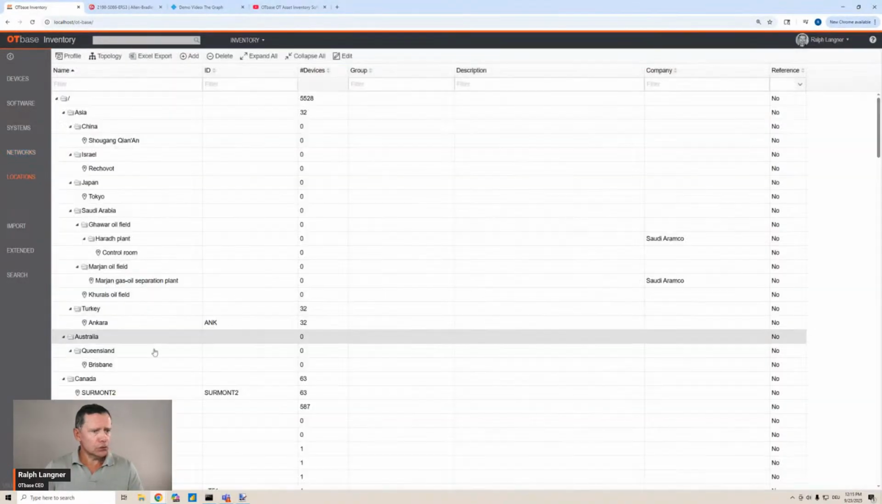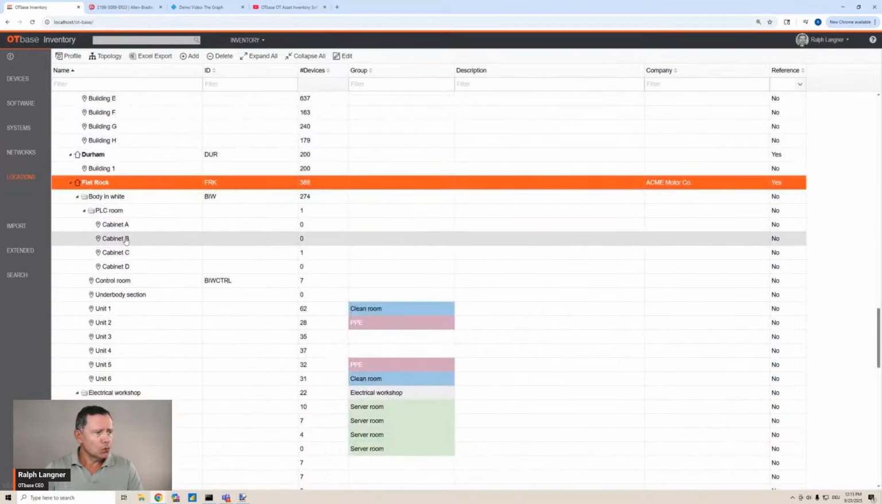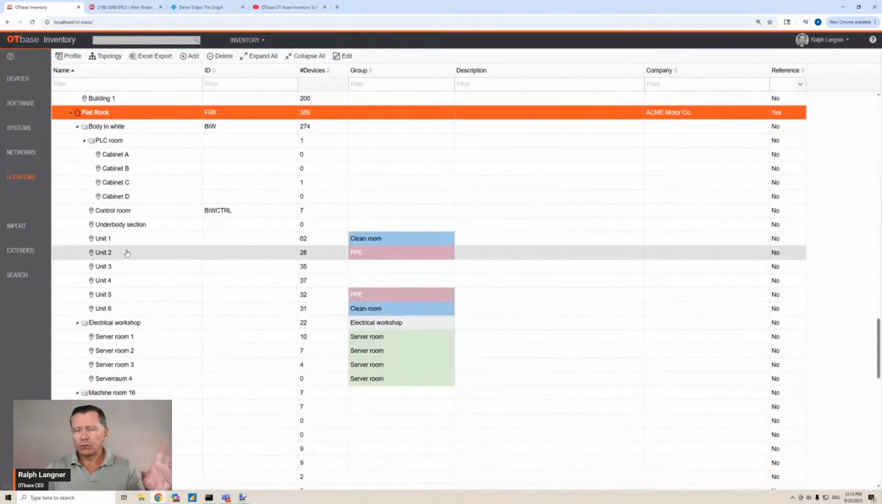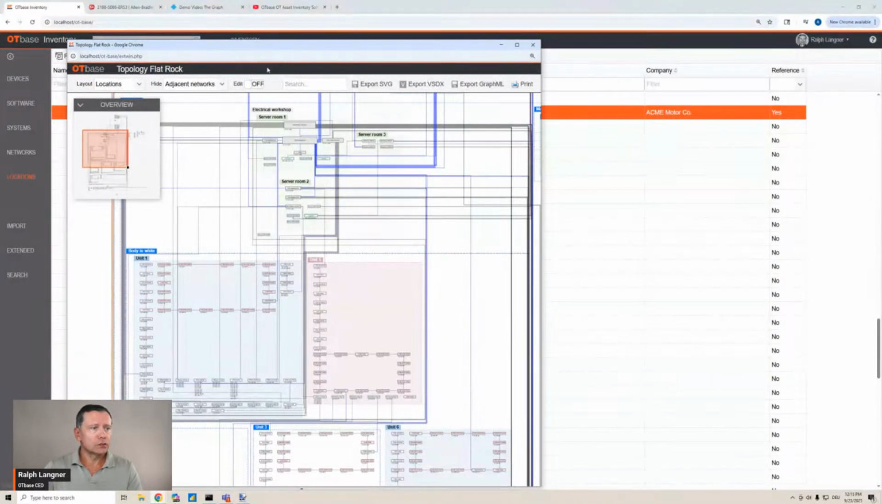So you can also start with locations. Let's just assume you want to see the network topology map for a whole building or for a whole site. Then you can do that by simply selecting the site, clicking on topology, and what you're going to get looks like this,